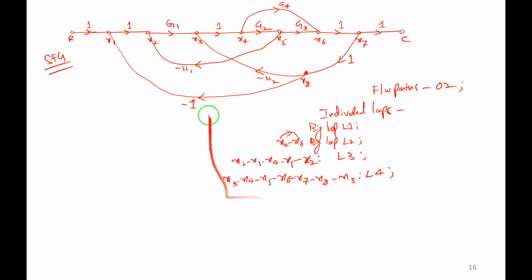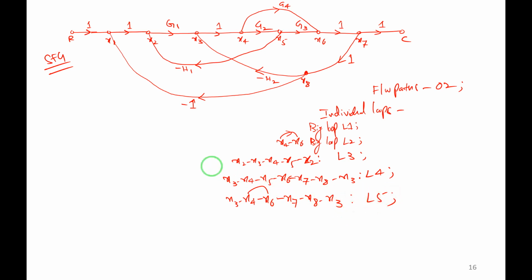One more loop is there. 3 to 4. From 4 I will jump to 6. Right? I will jump to 6. 3 to 4, 4 to 6, 6 to 7, 7 to 8, 8 to 3. So same thing, x3 to x4. x4 I will take a jump to x6. 4 to 6, I'll show the jump. 4 to 6, then 6 to 7, 7 to 8, 8 back to x3. So this is loop 5.